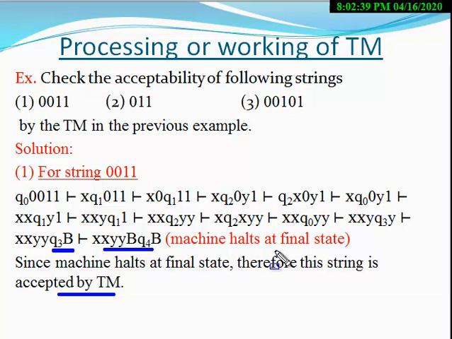Okay. Now similarly you have to check the following two strings yourself, right? So first string is 0, 1, 1 and the second string is this. These two strings will be accepted or not accepted. You have to check these strings yourself, right? So you have to start from the initial ID, you have to check where the machine will be halt using these strings, right? So you have to check the processing or testing of these strings.